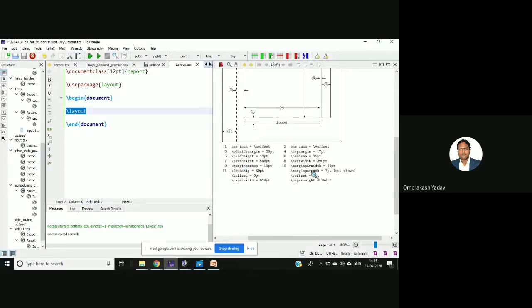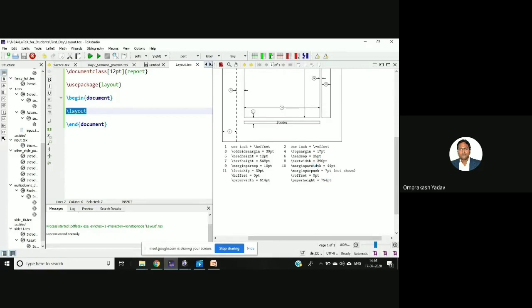So like this, whenever you are supposed to prepare any project report, all this guidance will be given from the university side. Okay, what different margins you will have to include, and based on that, you can set the margins, so that your paper margin will be set, and then whatever you will be writing will follow that particular margin. So from the start only you can set the margins.